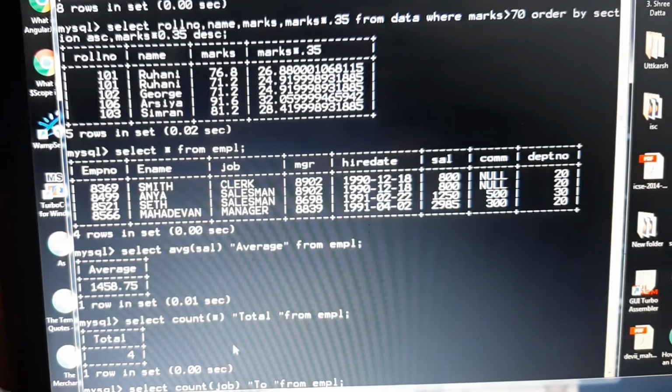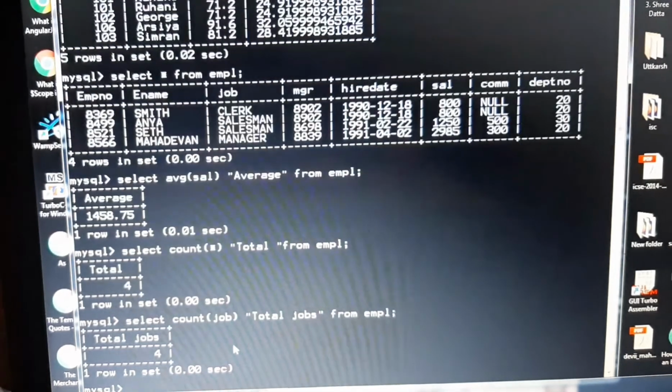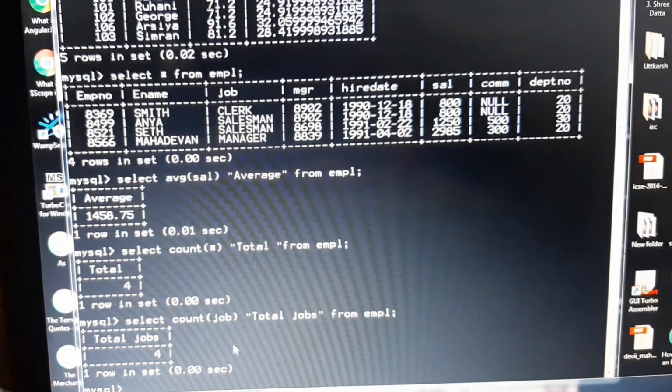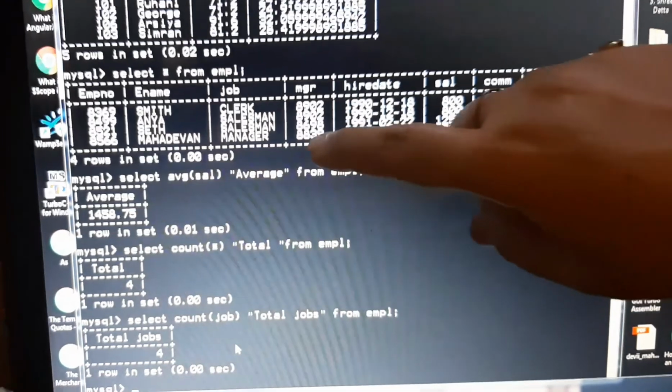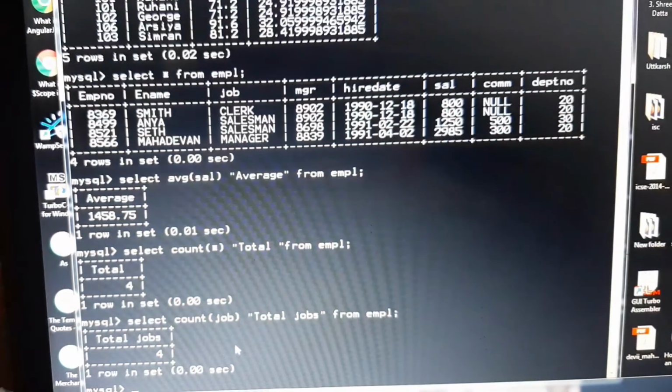Like we can also write total jobs or whatever we want to write, just as a heading to be seen. So total jobs given in our table are 4. Although you can see yourself, salesman has been repeated 2 times in this table, right? But it is still counting it, and so it is telling us that there are 4 jobs.